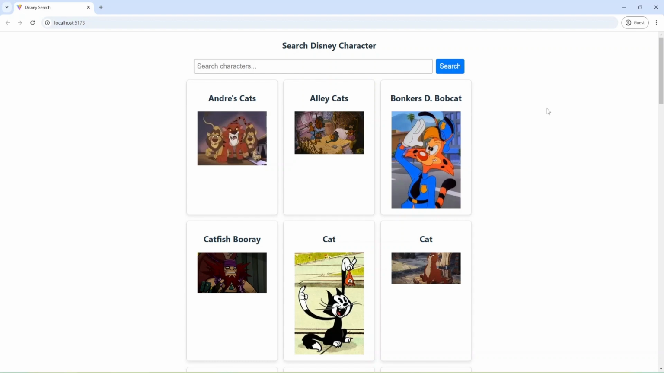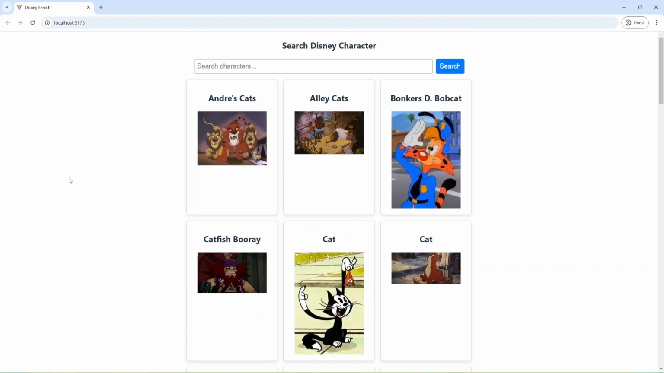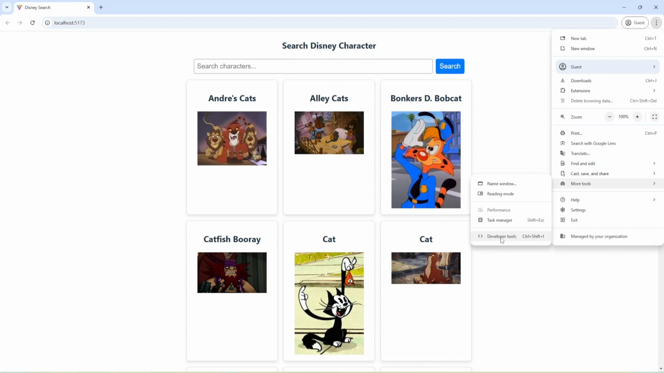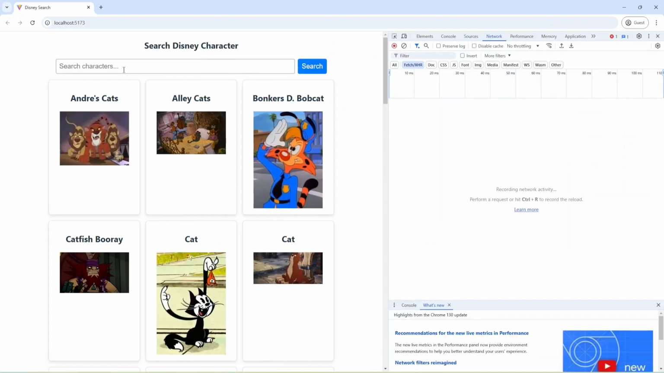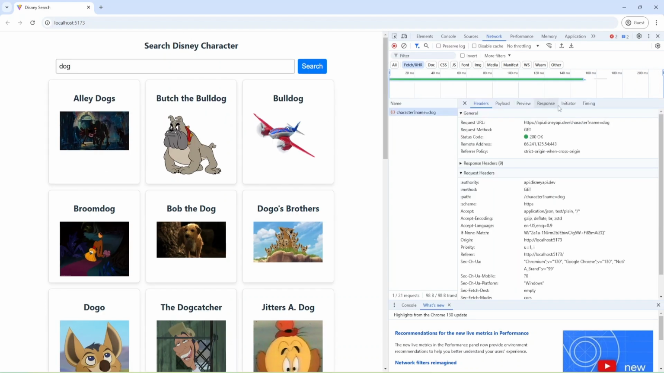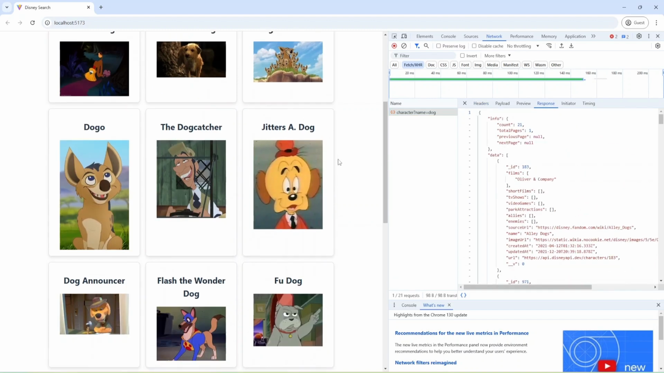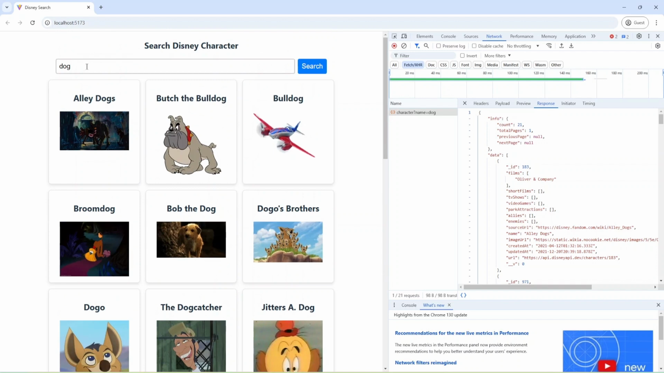The project 9 is a Disney character. As you can see, I have a list of Disney characters and the endpoint returns me cat and let me open developer tools and go to network tab and now I want to search for dog and as you can see I have a response and I can check the data and I retrieved the values for dog